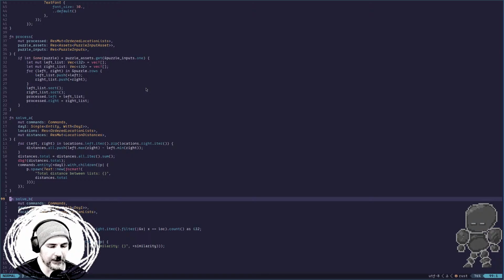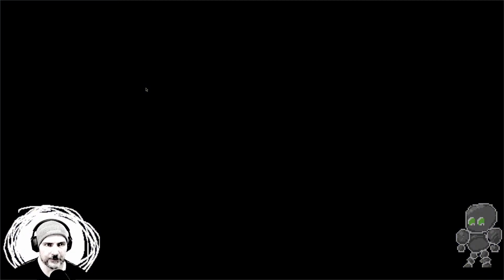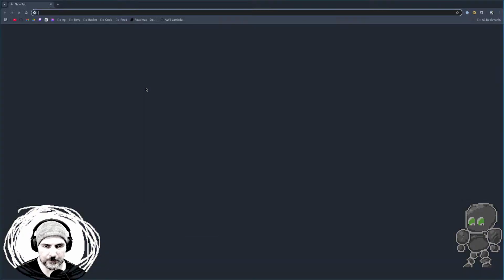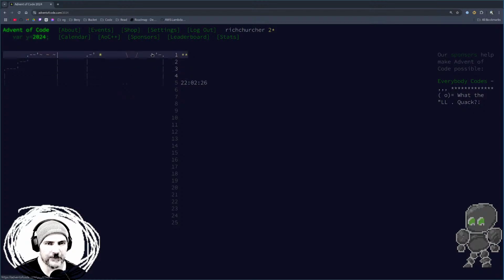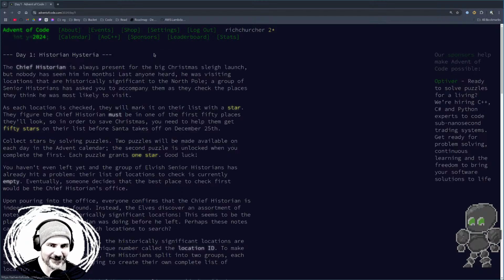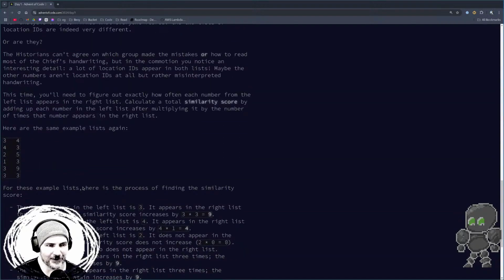Then for B, it told us that we needed to compare the number in the left with the number on the right, but you had to add each occurrence of the number on the right. So if I go to the puzzle input for day 1, you can see how many days we are behind. That's all good. That's the way it works. So we go to part 2,